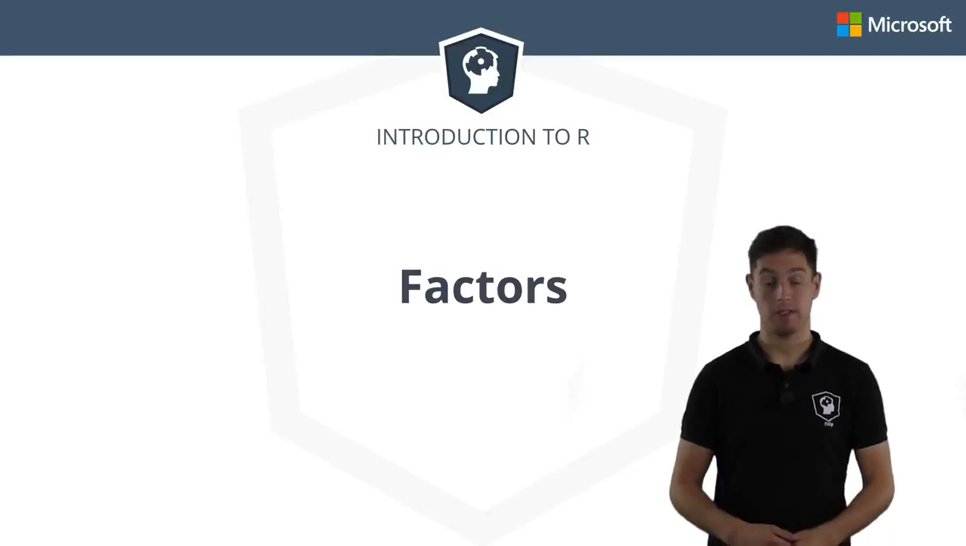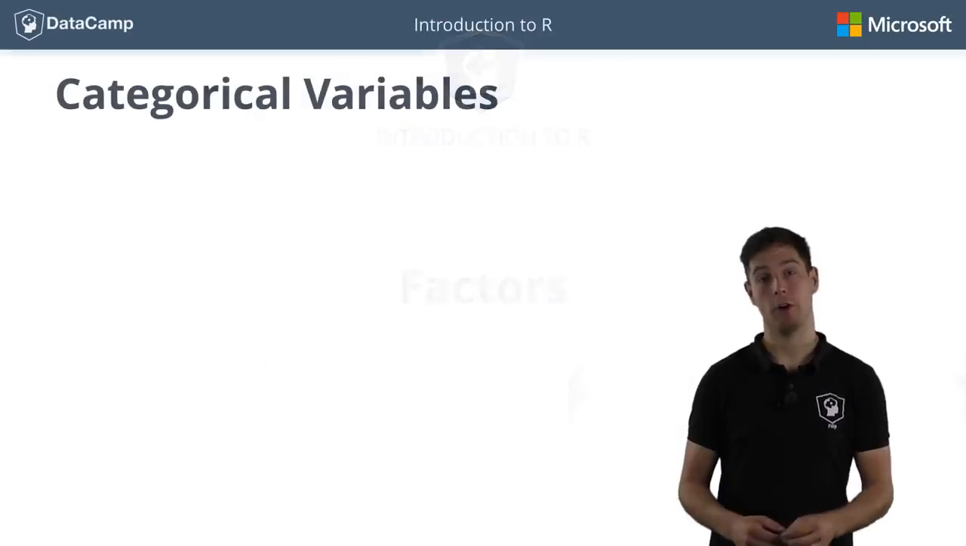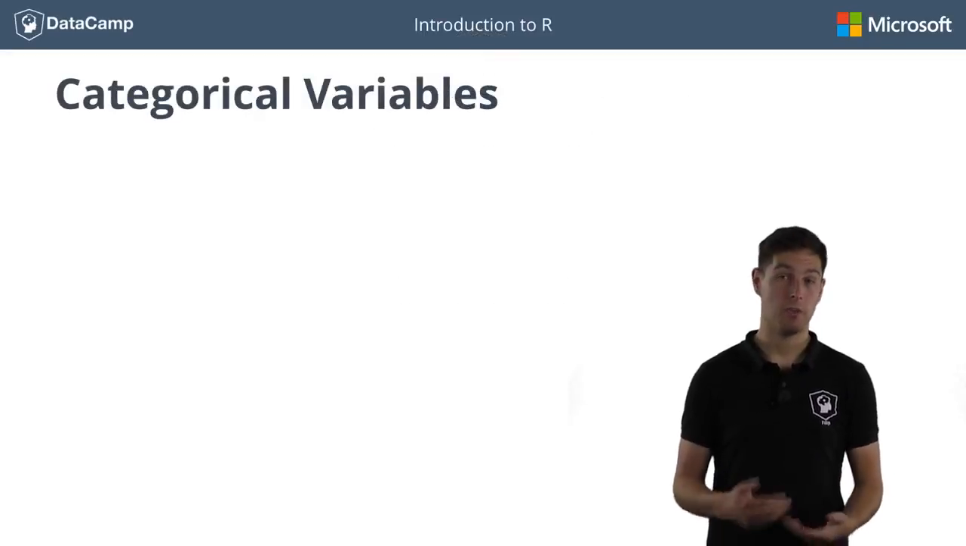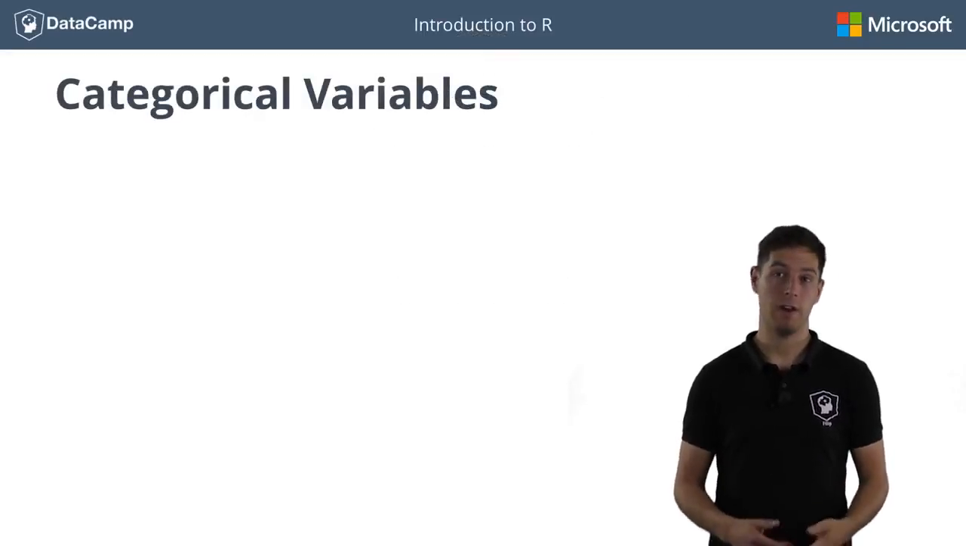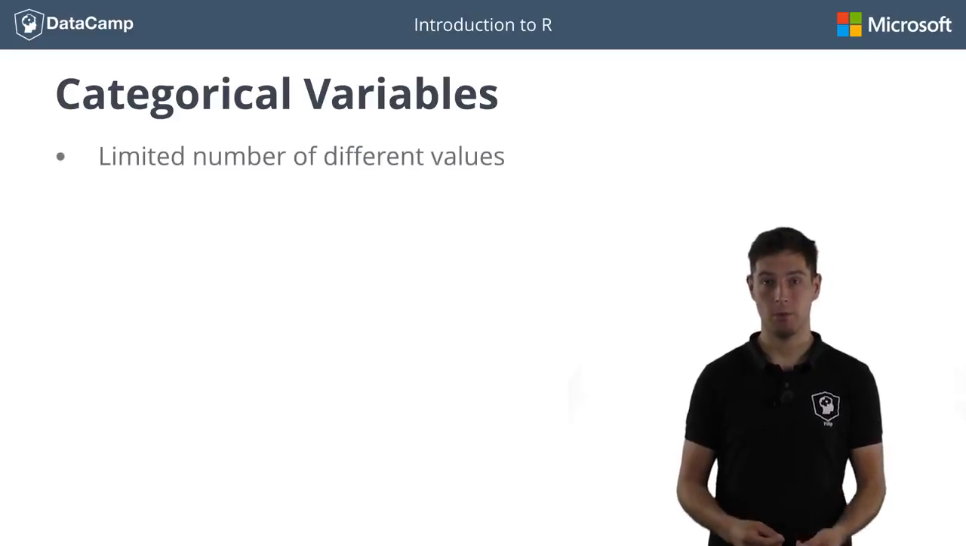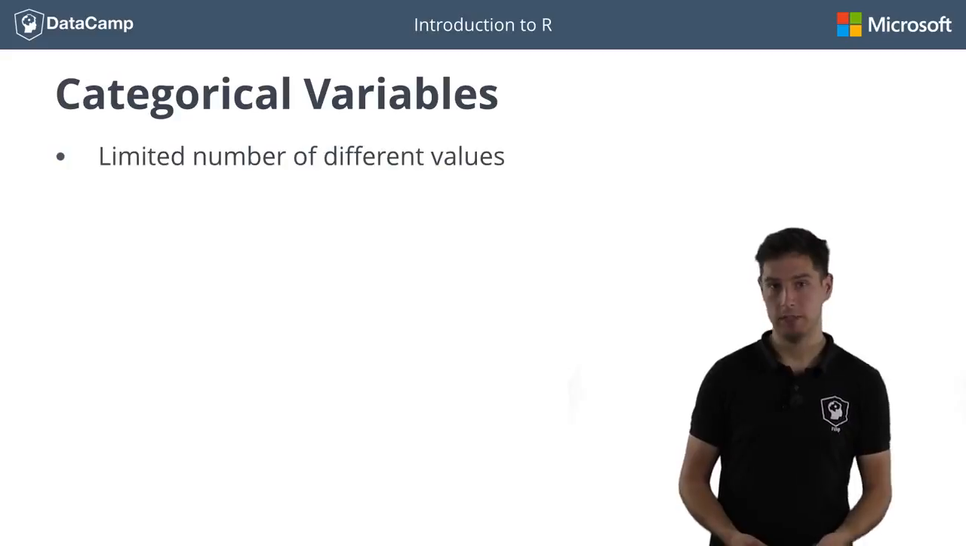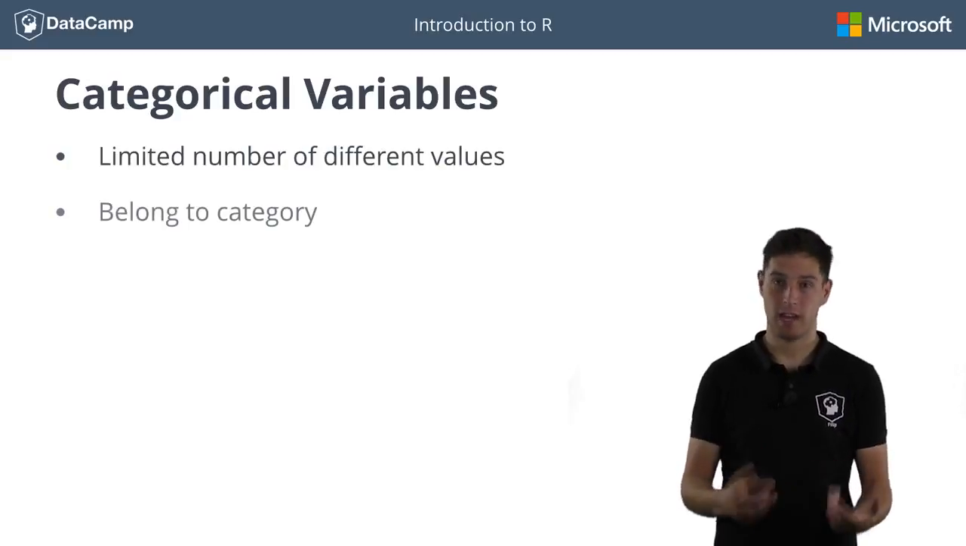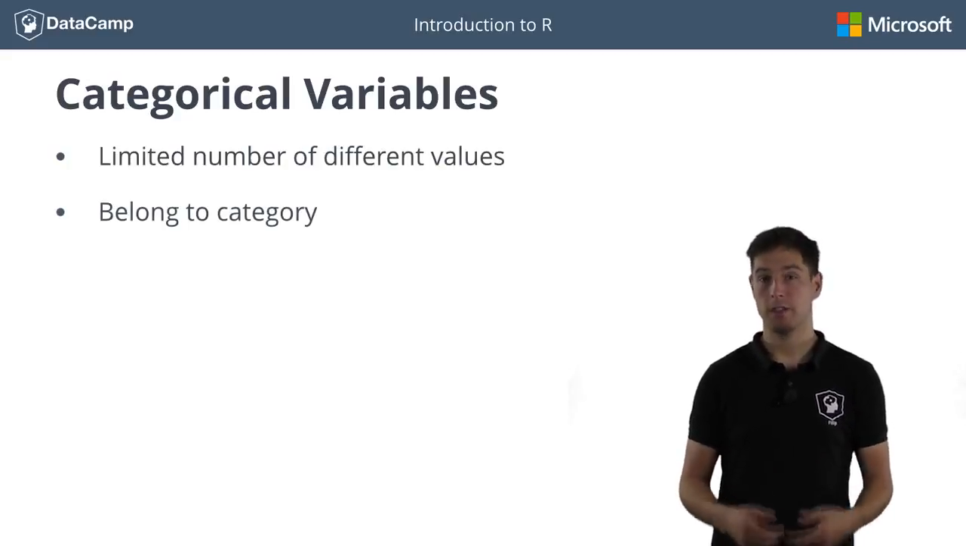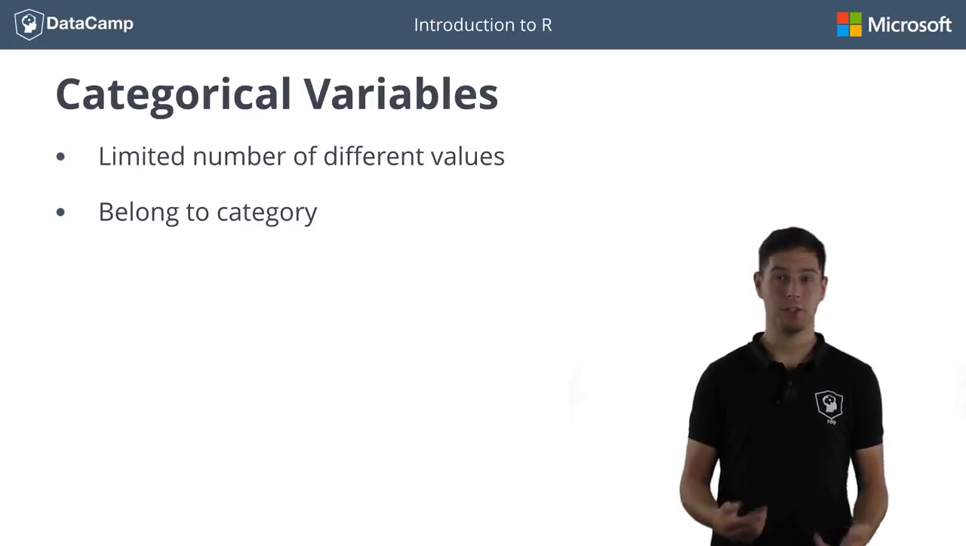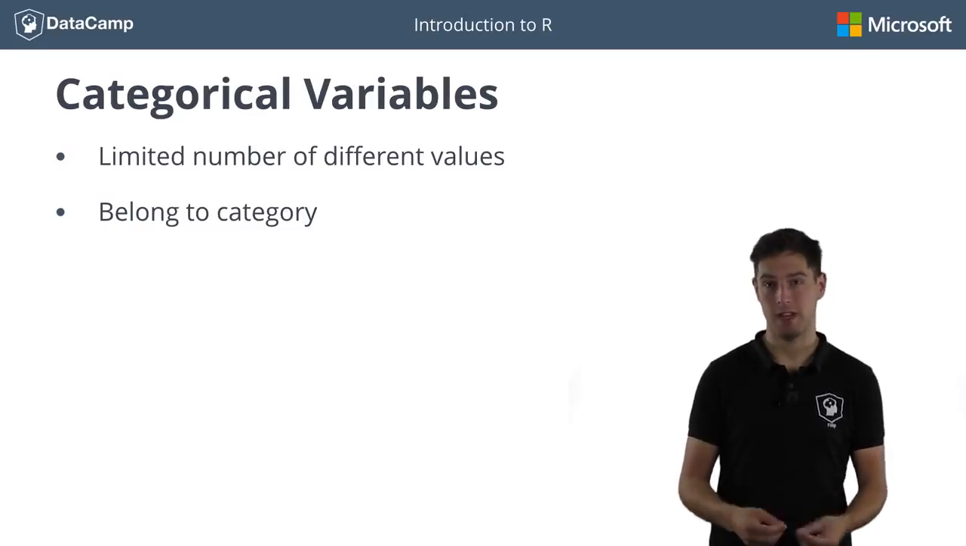If you have some background in statistics, you'll have heard about categorical variables. Unlike numerical variables, categorical variables can only take up a limited number of different values. Otherwise put, a categorical variable can only belong to a limited number of categories. As R is a statistical programming language, it's not a surprise that there exists a specific data structure for this,